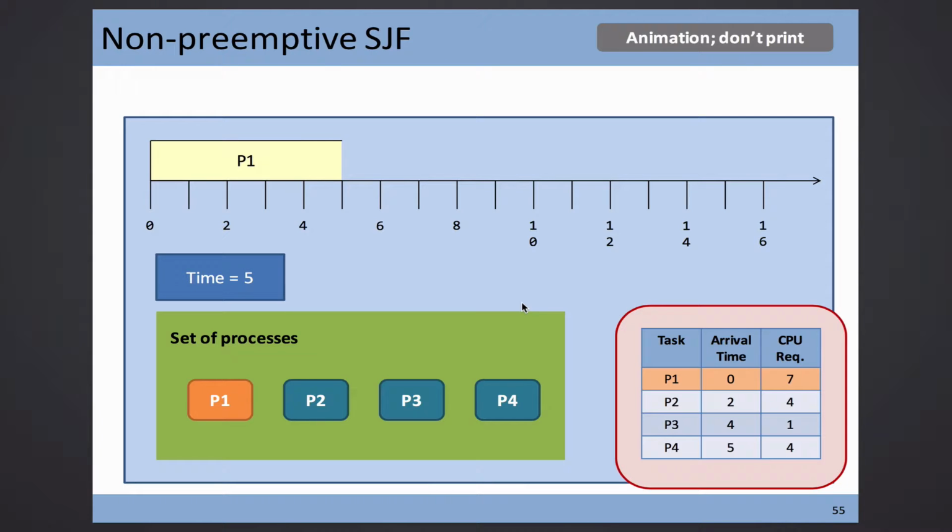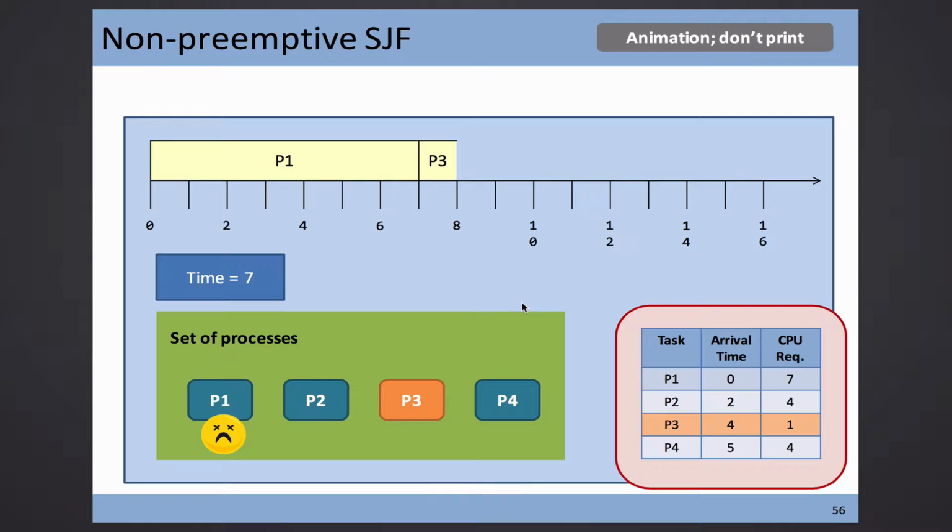And for the non-preemptive version, you are very confident that you can finish it, so you will keep on doing it, ignoring the remaining guys. So at time 7, I will finish the job, but at the same time, these 3 guys have already come, because the arrival times are 2, 4, 5. Then you will have 3 assignments on your hand. You do an estimation. The estimation is that this assignment P3 is supposed to be the shortest one.